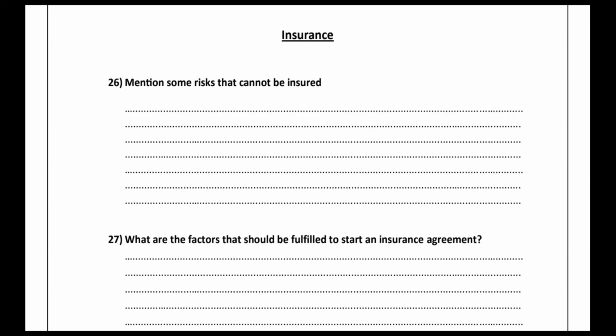So any type of risk that is getting decided based on personal talents or skills, you can't compensate that. Write it down. You should be quick, okay? Any type of risk that is getting decided based on personal talents and skills. The examples are examination failure or losing a game or a match. So that is one of the risks which you can't compensate, okay?